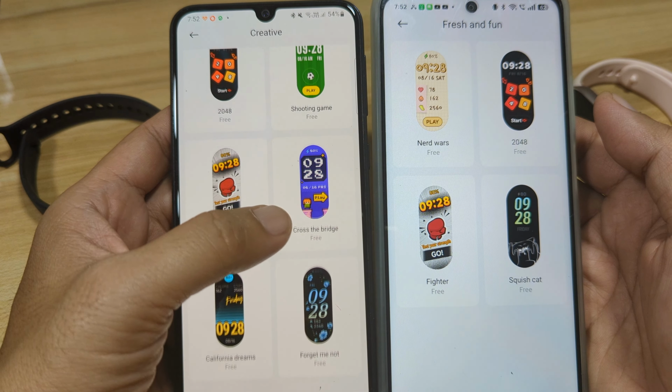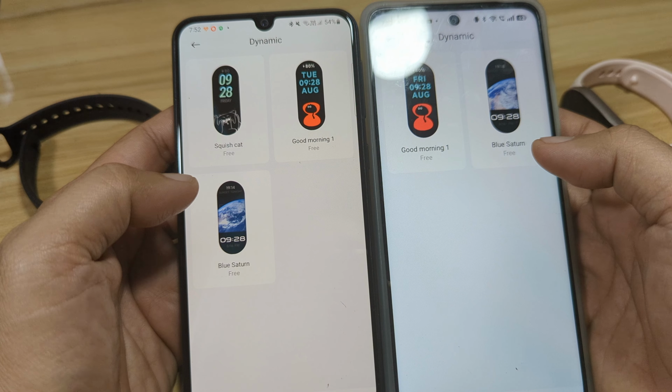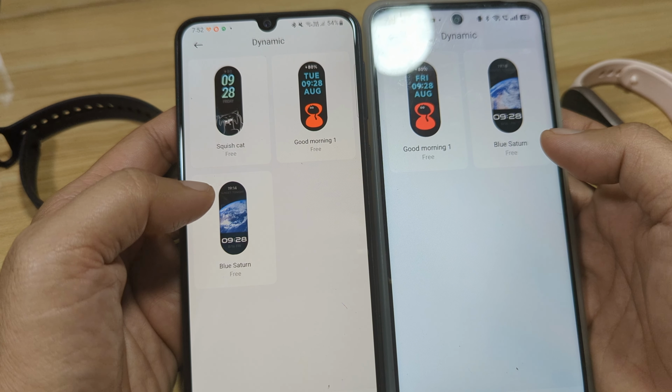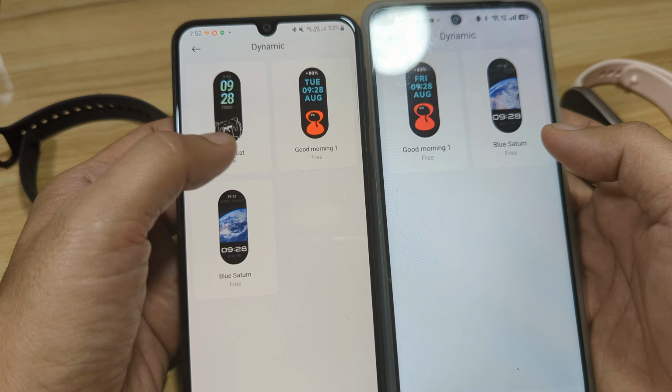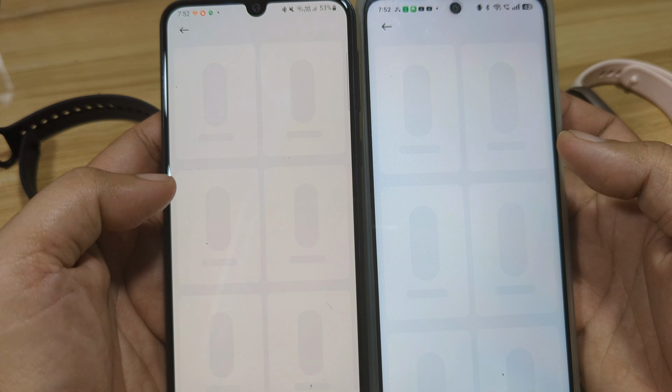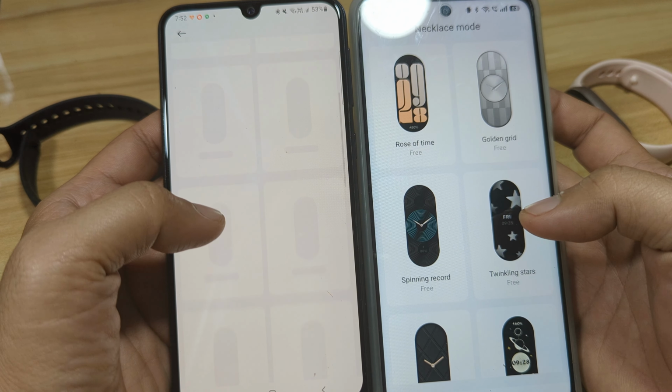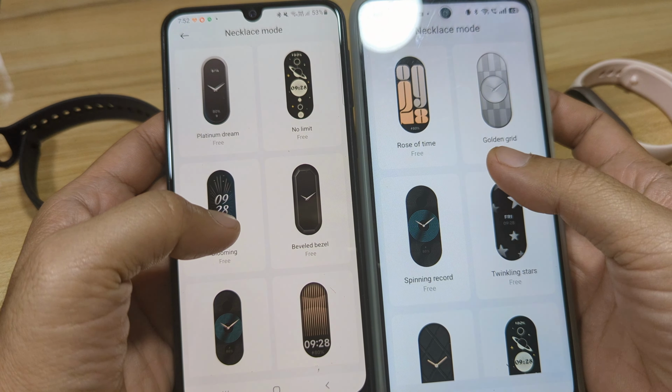If we check here on the dynamic, it's also a bit different. We only have 2 here, and we have 3 in the dynamic for our Xiaomi Smart Band 9. I think this one is already available in the fresh and fun. Necklace mode, how many watch faces or dials do we have?